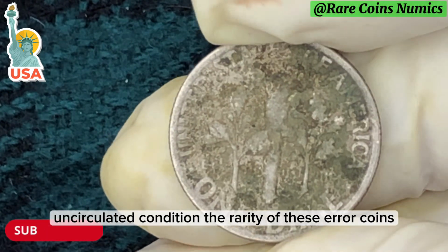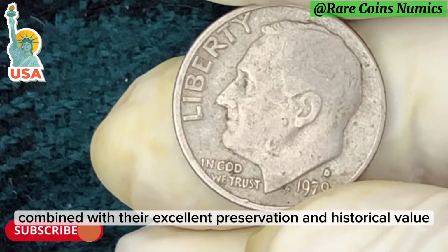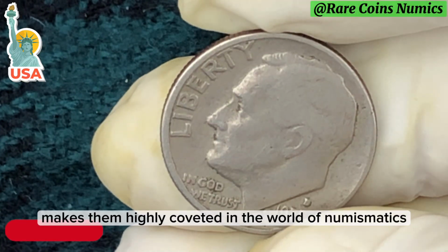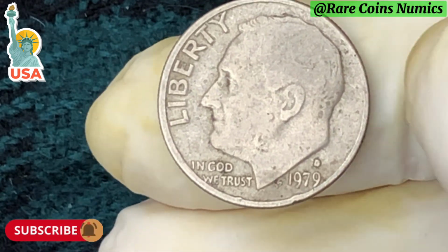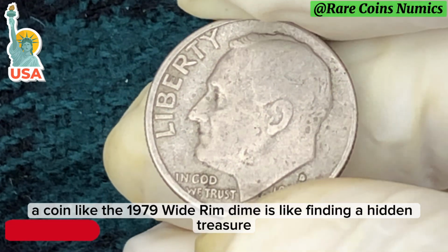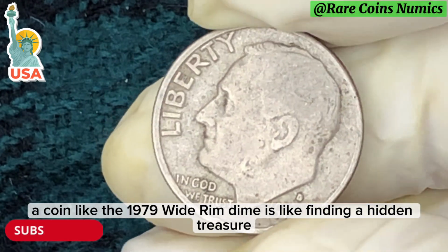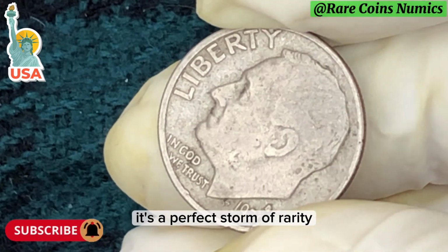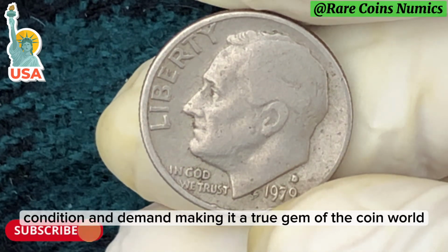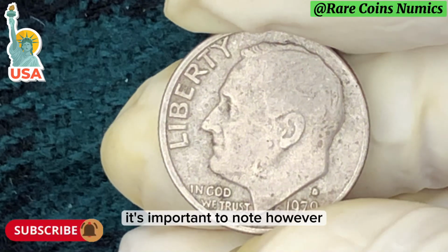The rarity of these error coins combined with their excellent preservation and historical value makes them highly coveted in the world of numismatics. For collectors who specialize in rare U.S. coins, a coin like the 1979 wide rim dime is like finding a hidden treasure. It's a perfect storm of rarity, condition, and demand, making it a true gem of the coin world. It's important to note,